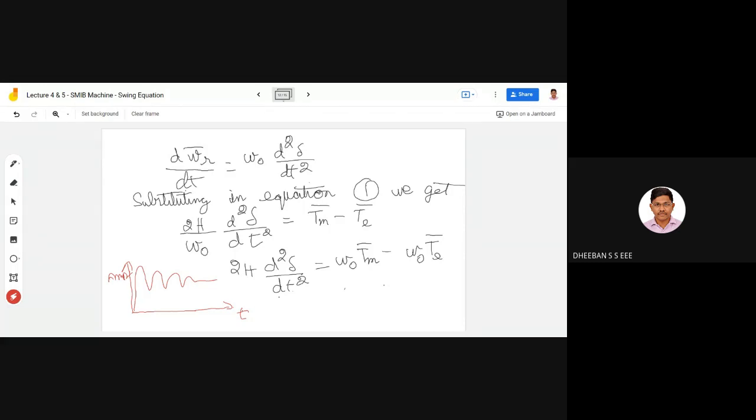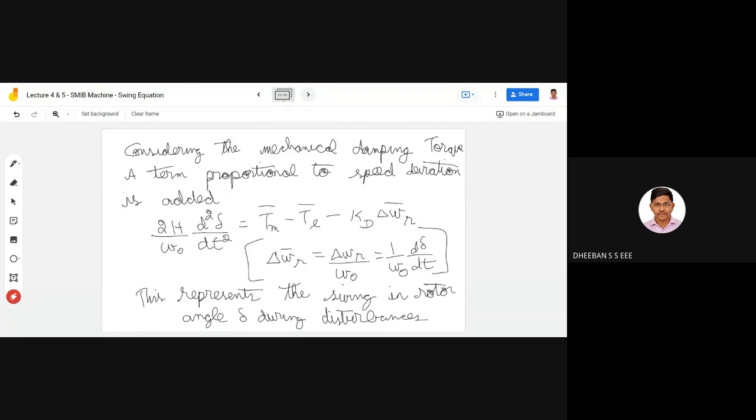So this is the thing we are in need of. We need to represent the disturbance of the rotor angle in a mathematical format, and hence we are getting it in the second order form. Okay, so hence we are moving in the right path. So moving on,